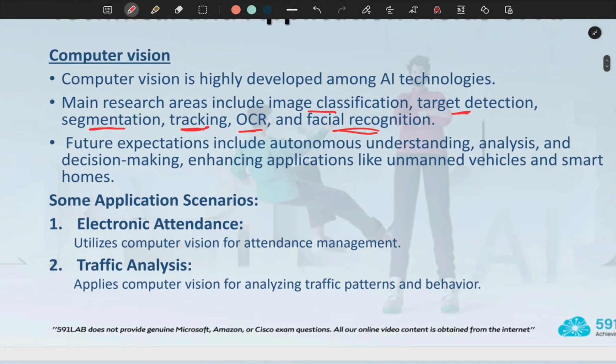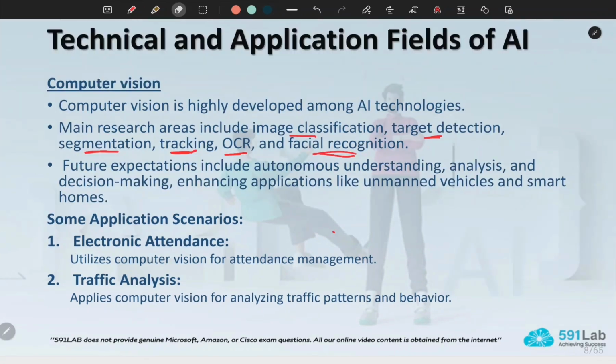Future expectations. The future expectations include autonomous understanding, analysis, and decision making, enhancing applications like unmanned vehicles and smart homes. I think that autonomous understanding and analysis has already been achieved. Recently there have been a few models that can understand photos and analyze them. I have also recently watched a video by Marques Brownlee, a famous YouTuber. He's a tech reviewer.